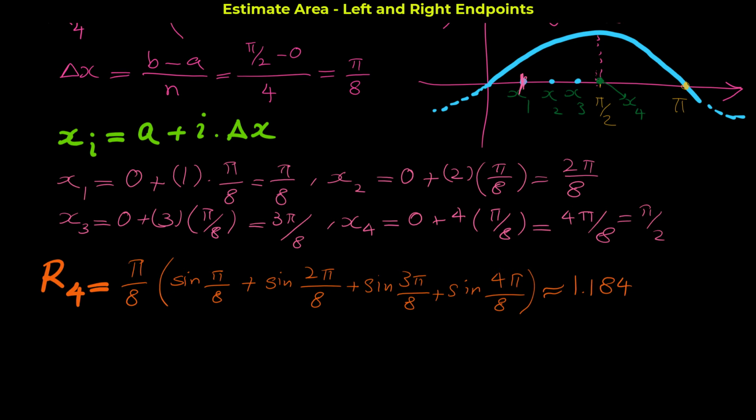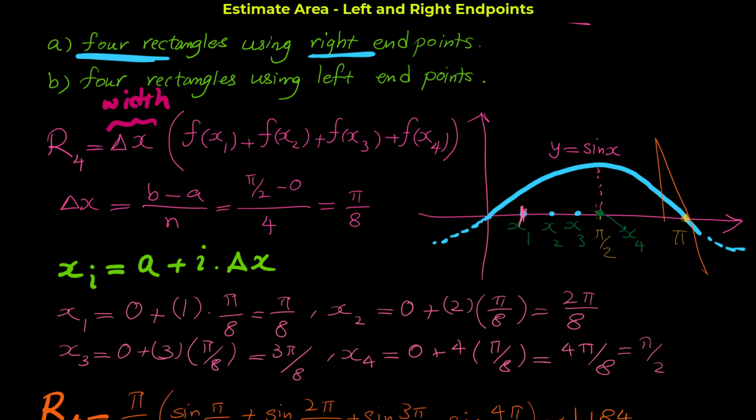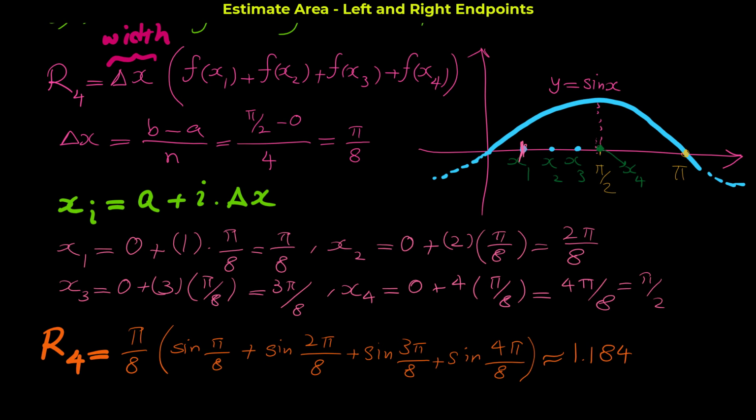So as you can see, even without looking at the graph of sine of x, you can estimate the area under the graph of sine of x from 0 to pi over 2 using Riemann sum. But before I show you how we can do this for the left endpoints, let me draw the rectangles